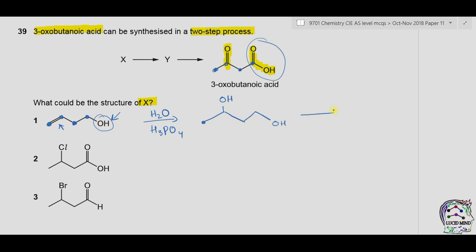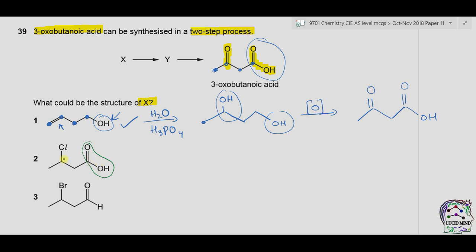Now in next step we are going to oxidize. So what will happen that secondary alcohol will convert into ketone and primary alcohol will convert into carboxylic acid. So 1 is correct. In second, we can see that we already have carboxylic acid, so there is no need